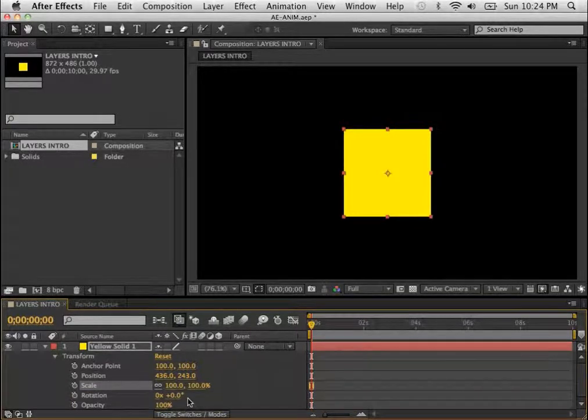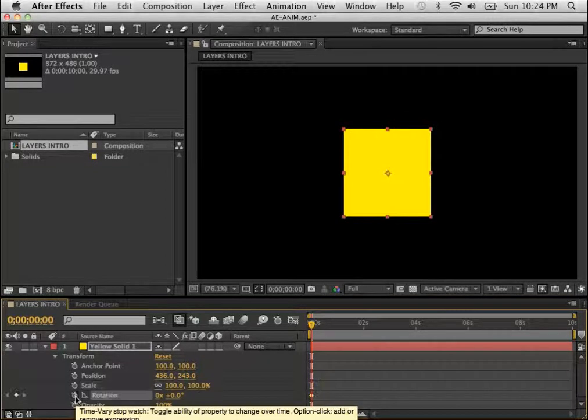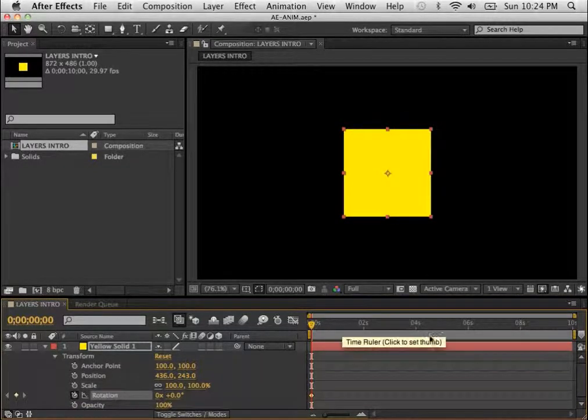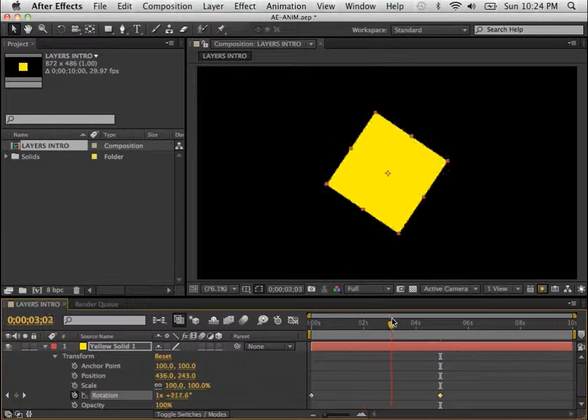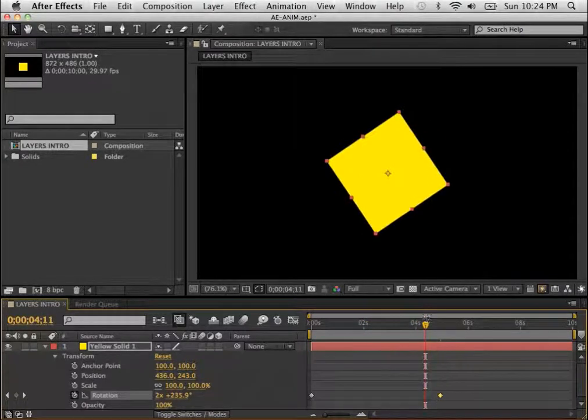Rotation. If I want this thing to rotate, I'm going to enable rotate keyframes, and maybe I'll start at 0 and over 5 seconds, somewhere around there, I want this thing to rotate 3 times. So that means 3 revolutions. So we talked about revolutions versus degrees. Here I'm going to go to revolutions and say I'd like you to rotate 3 times. So now what I have is a square that looks just like it did at frame 0. But if I were to scrub over time, you can see that this thing is rotating 3 full revolutions in 5 seconds. If I did a RAM preview of this,